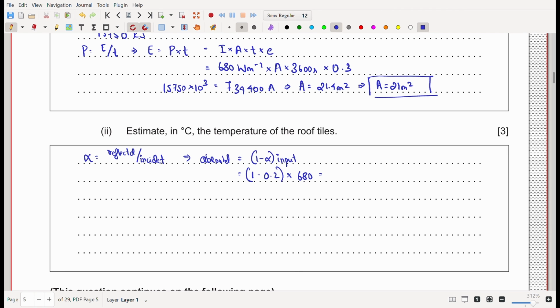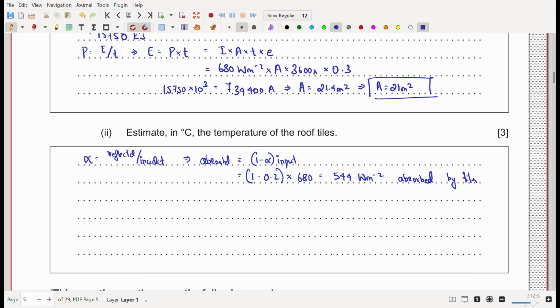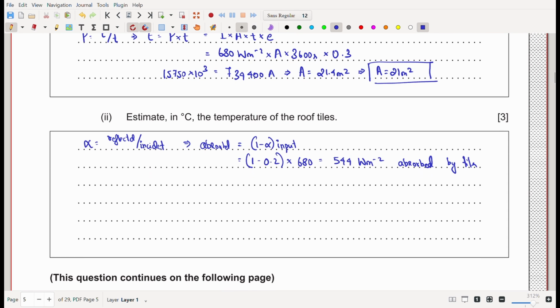So this means that we have 0.8 times 680, which is 544 watts per meter squared, is absorbed by tiles. Now, since we have an area and a power, so P by A,